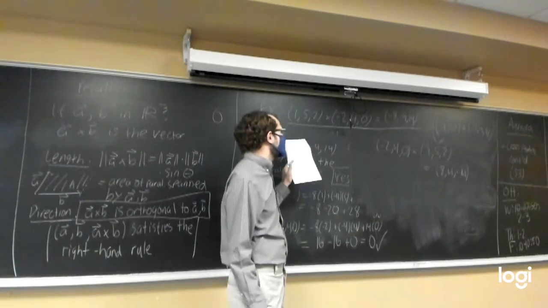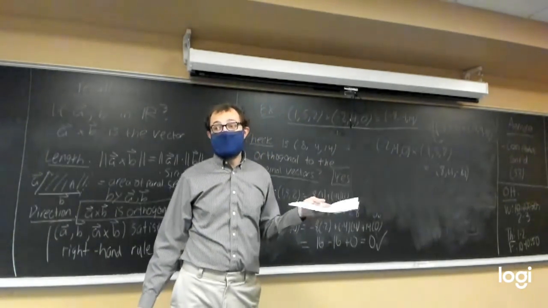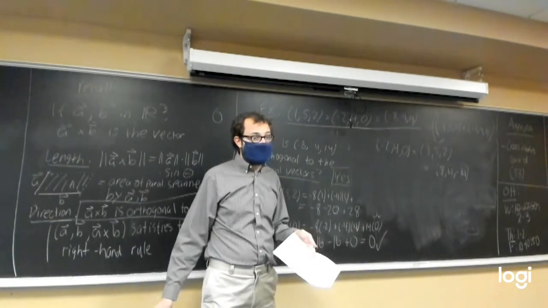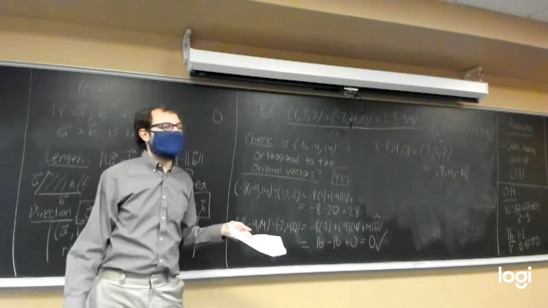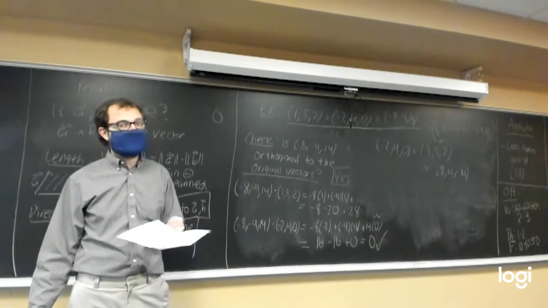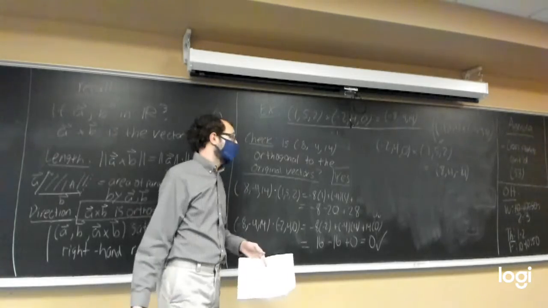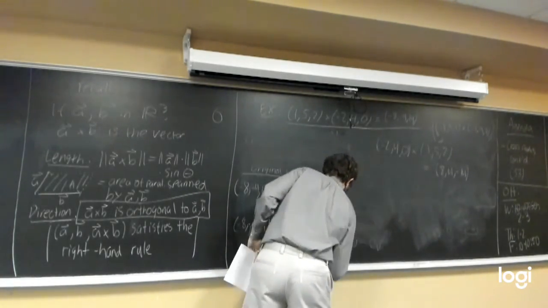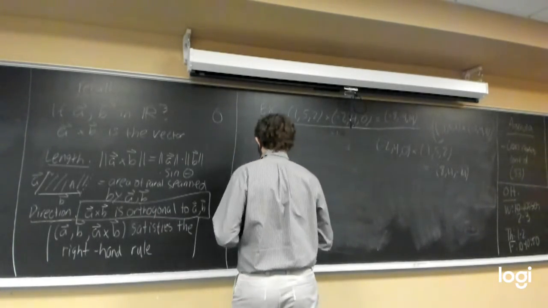Because if you accidentally put the vectors in the wrong order, you would get the negative of the correct answer, and the negative of the correct answer is still going to be orthogonal to your original two vectors, which is a result of using the dot product properties from standard 2. So that's one way that you have to be careful, is that in general, it's always going to be the case